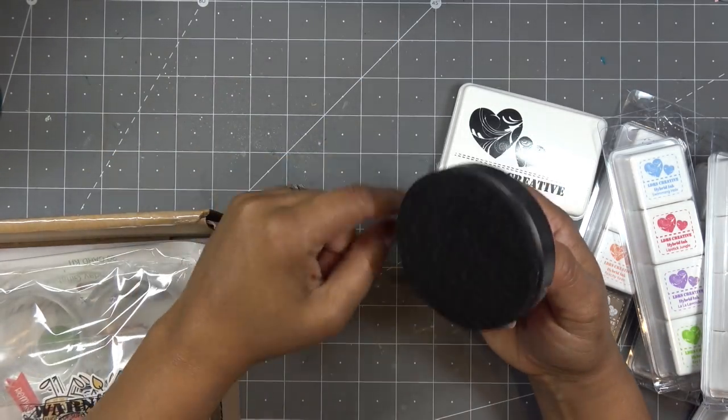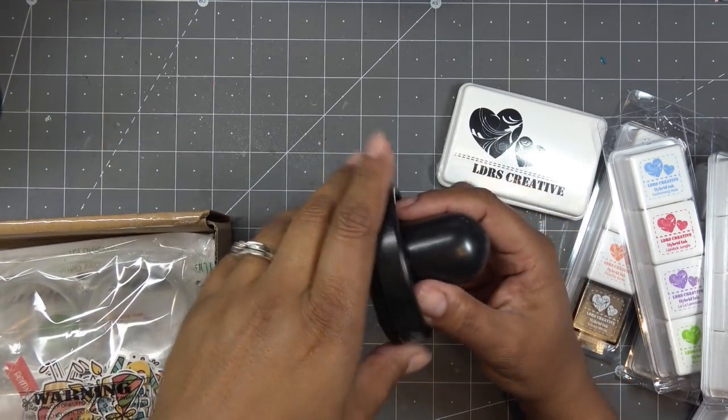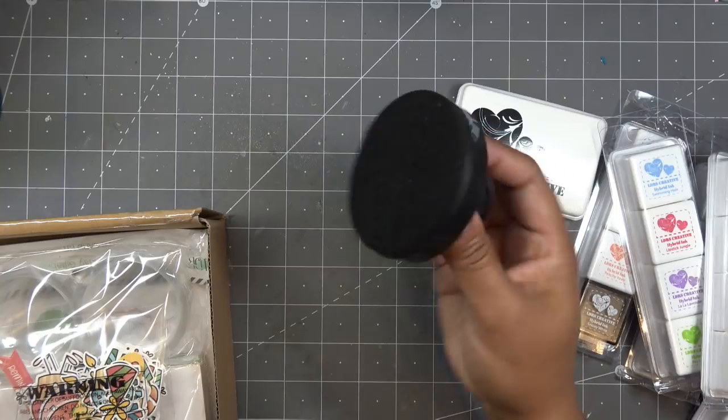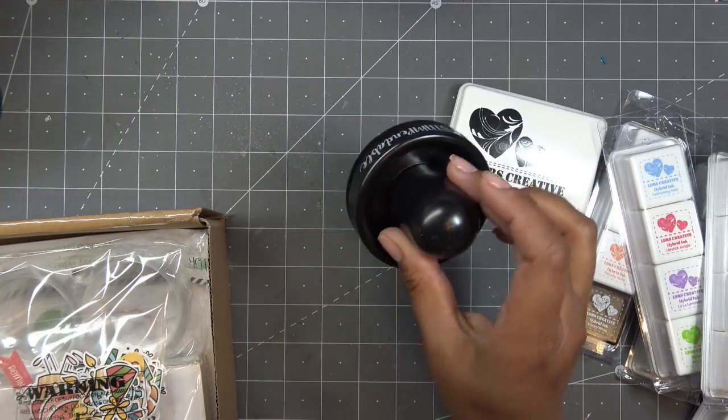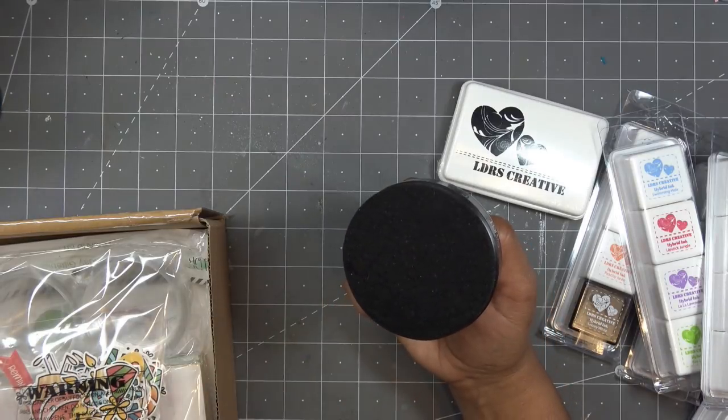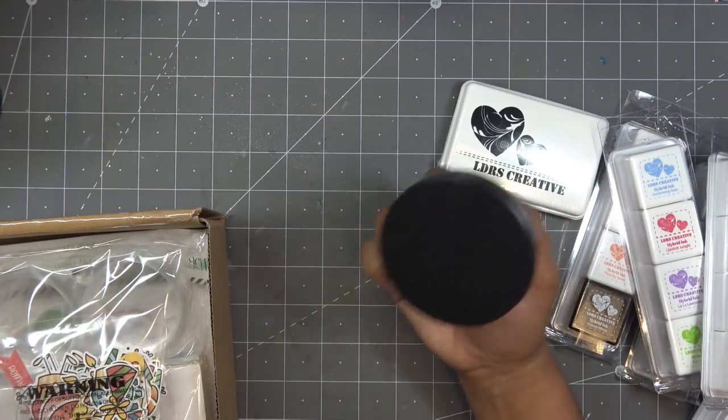This thing is so cool. I had mentioned it before in another video. I said it looks like a little air hockey player, but it fits your hand really well. It's smaller than, I think, that kind of a thing. It has a really nice handle. So what you're supposed to do with this is it helps you stamp. Whenever you use a precision stamp tool,